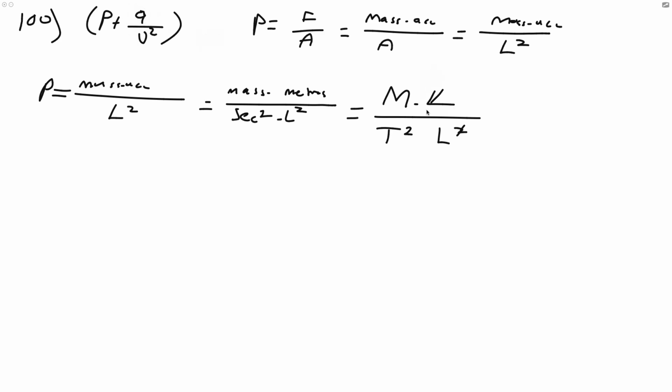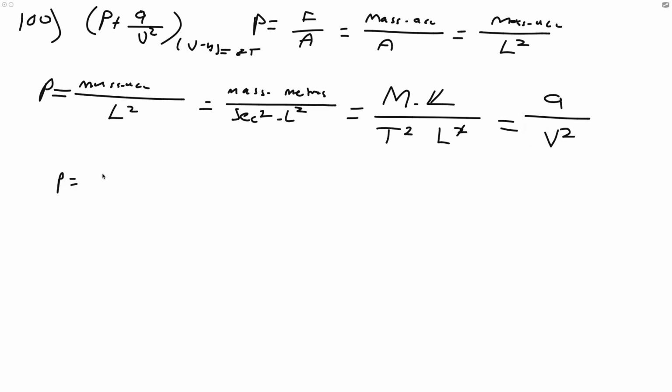So therefore, this equation, our pressure that we derived, can also equal A over V squared. Now let's rearrange this equation. Remember from question 99, we found that V minus B equals ZT, and we know that our V is going to be in measurement of L cubed. So we can rewrite this as